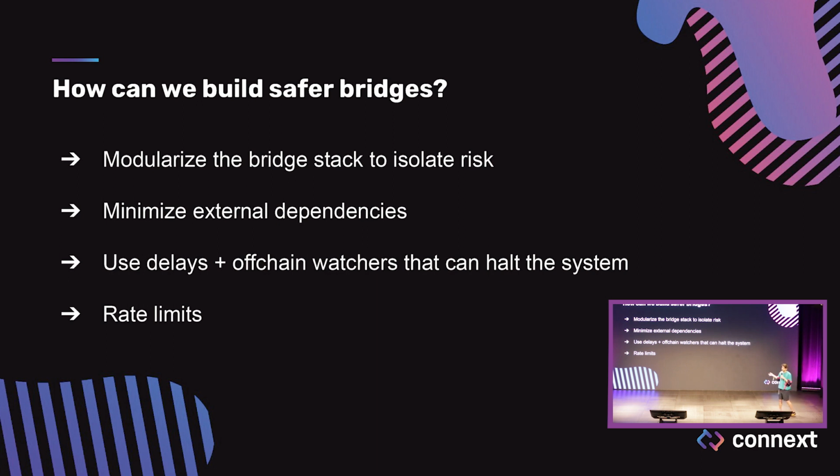The combination of those two things allows, for instance, a world where you could have a bridge that has $100 million secured within it, but where you were only able to withdraw $10 million out of it within a 10, 15-minute time period. And so if a vulnerability does occur, the total amount of collateral damage that ends up happening as a result of that vulnerability is mitigated, because you can have $10 million lost within that time period, but then the system is halted.